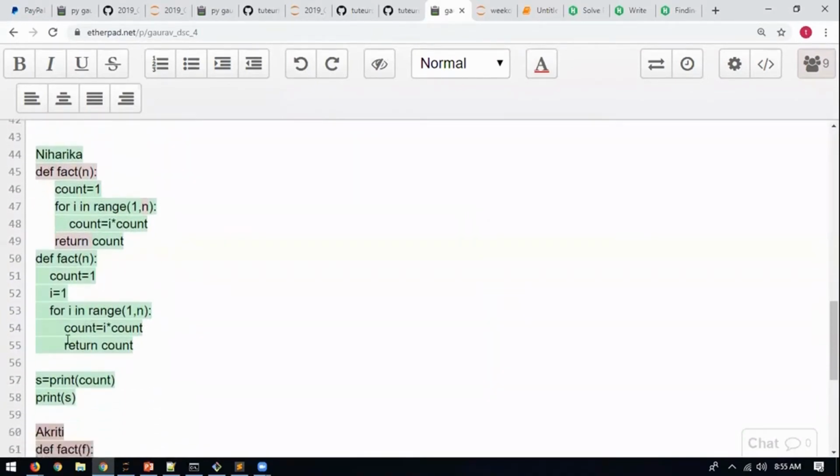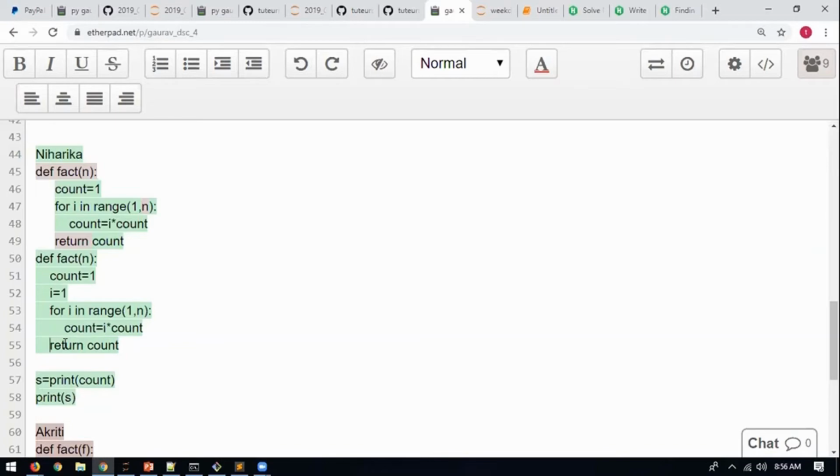120 plus None. You see, when you write return, in this case, are you writing the return statement inside the loop or outside the loop? Inside the loop. Inside the loop means once it will do 1 multiply 1, it will immediately return the value. So what will it return? 1. And see, once a return statement is executed, your loop or your code finishes. It doesn't wait for the next iteration. Return means exit the function immediately as soon as it is executed. So it will exit the function and come out. So you need to put return inside the function but outside the loop. Like that. Okay? Fine?